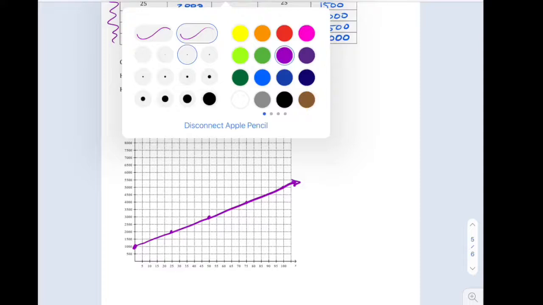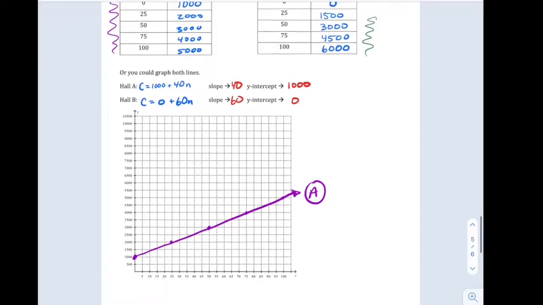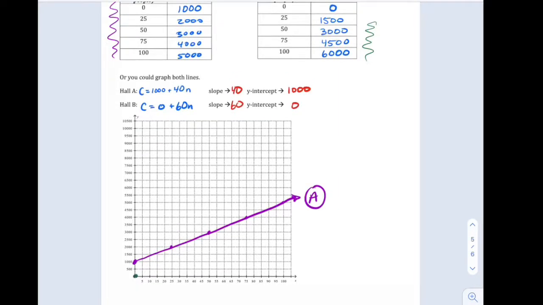The second one that I'll use, it'll be green. That'll be for Hall B. Maybe I'll label it Hall A. And green will be Hall B. So remember, it had no initial value. So when 0 people went, it was 0 cost. When 25 people went, it cost 1,500. When 50 people went, it cost 3,000. When 75 people went, it cost 4,500. And when 100 people went, it cost 6,000. So when I graph this line out